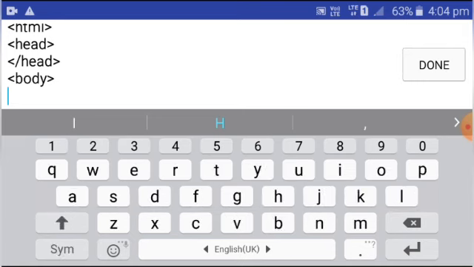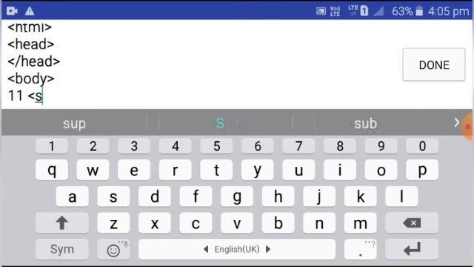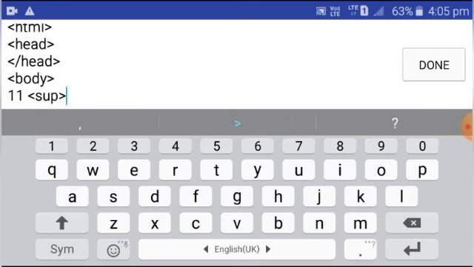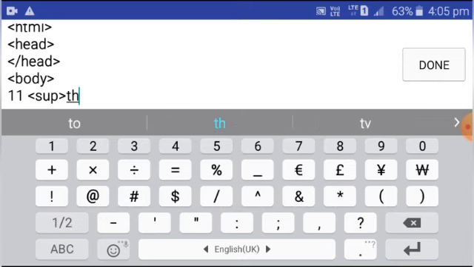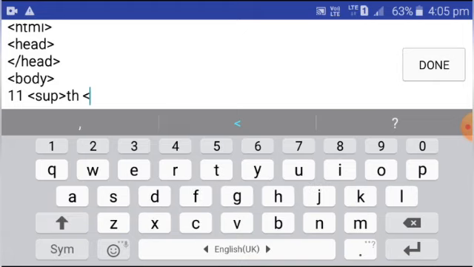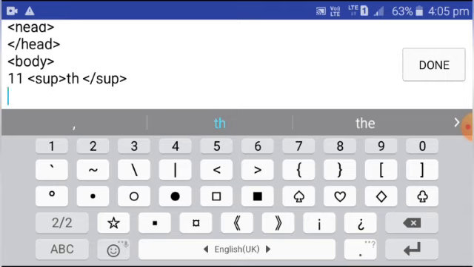Then we will use super tag over here. Then we will use here sub tag.